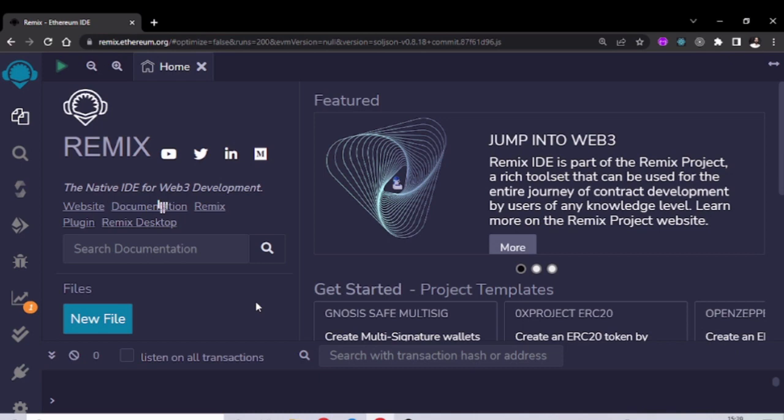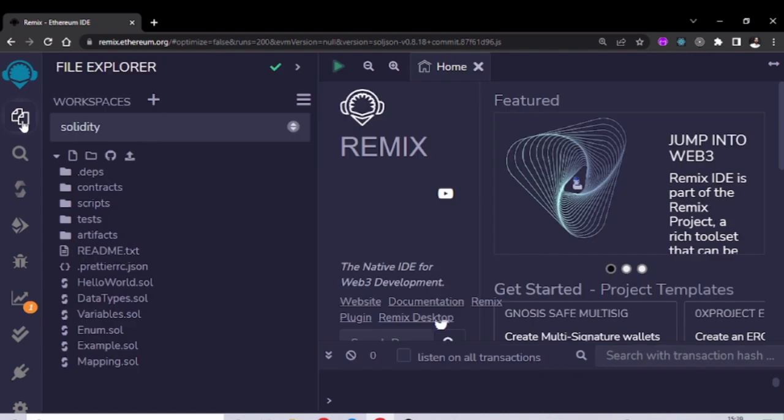Hello guys, my name is Ashish and today I'll discuss the function modifier that we have in the Solidity language. Okay, so let's first make a file named modifier